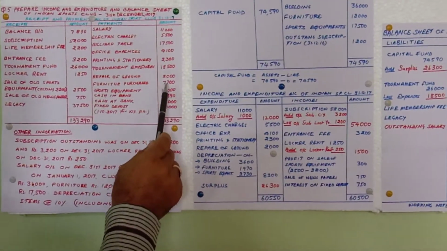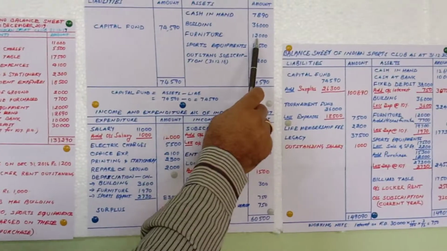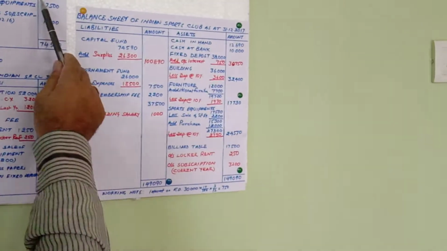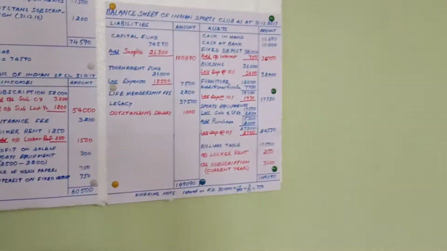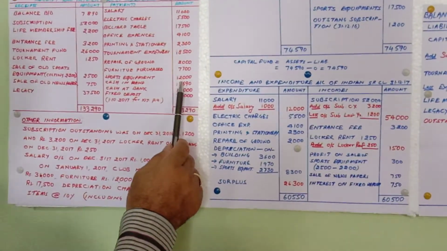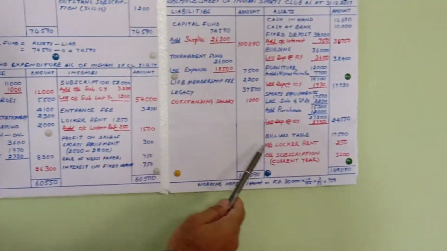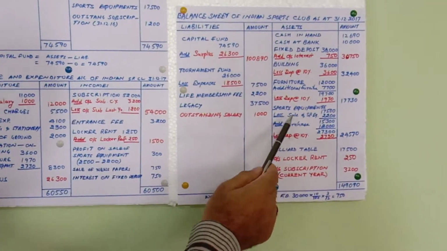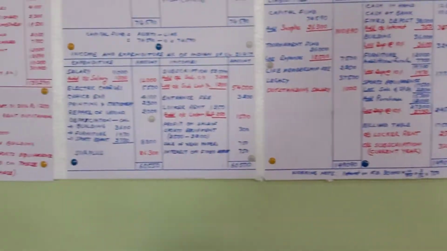Furniture purchased. Now what happens, this furniture was purchased during the year and I am having furniture of last year 12,000. So in my closing balance sheet I will have to show last year's balance plus this year's purchase during the year, 7,700 rupees. Then sports equipment was also purchased during the year, whereas sports equipment is there from the beginning. Same way, again sports equipment 17,000 is coming from the previous year, and current year purchases 12,000. In between there is a sale. I will come back to that point later.